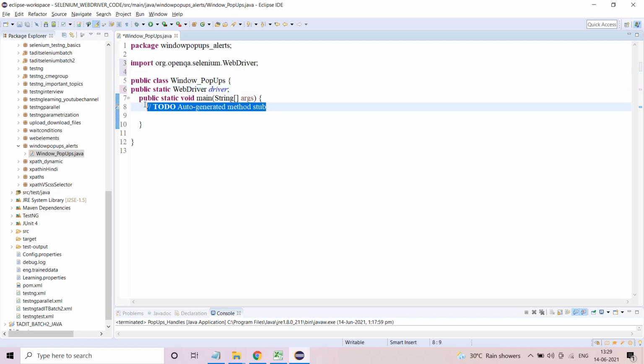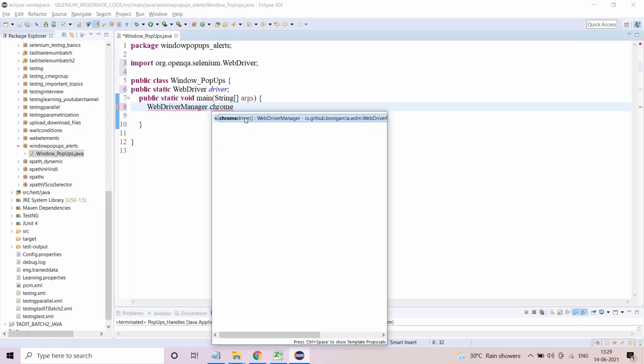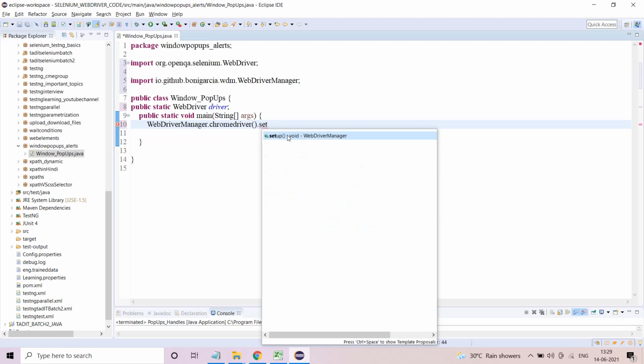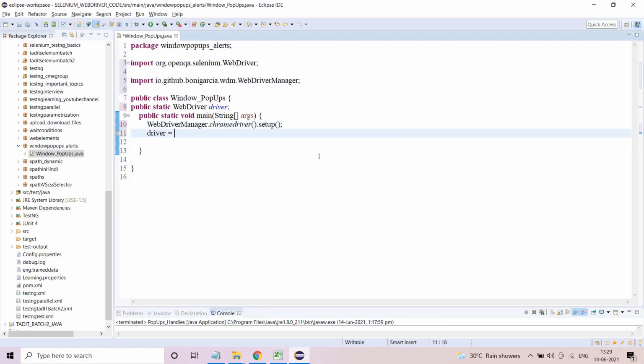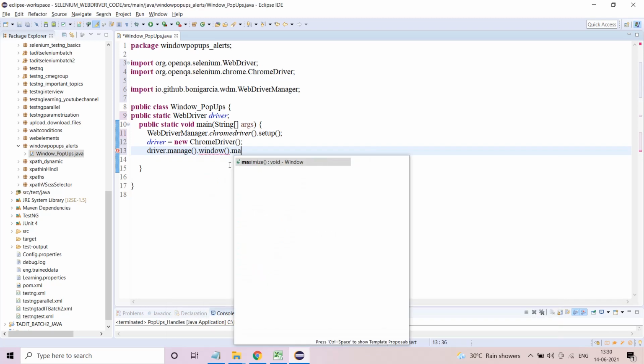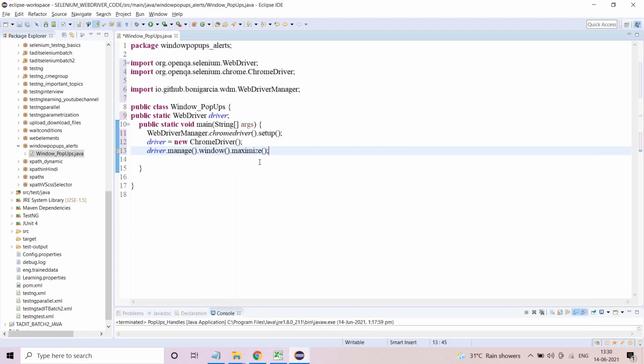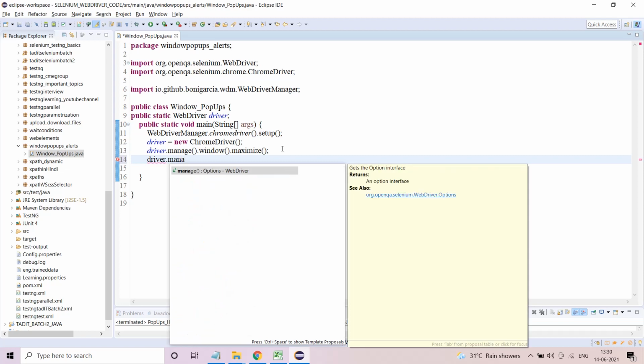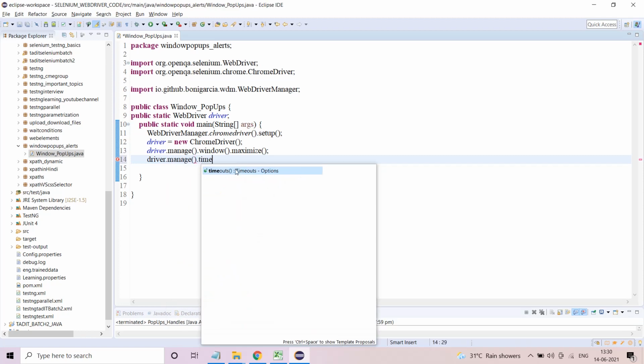I'll call my WebDriver manager binary. This is done. I invoke the object of the Chrome driver class. I'll maximize the window. I can always copy and paste code from my previous classes, but I don't tend to do that because I want to write it, so that, see, practice makes you perfect. So I'm introducing timeouts.